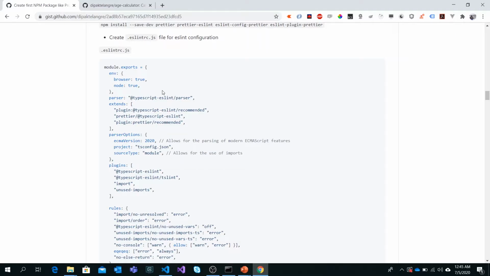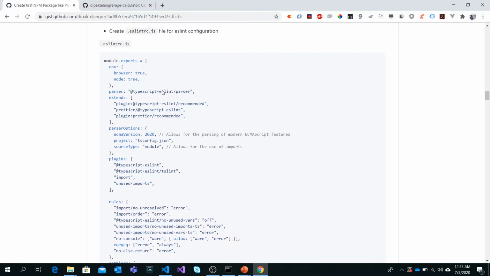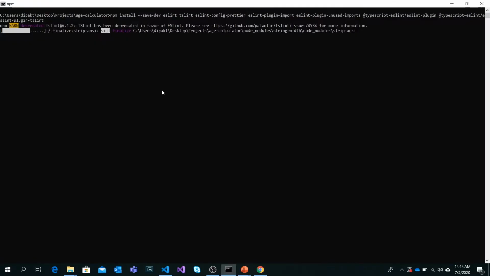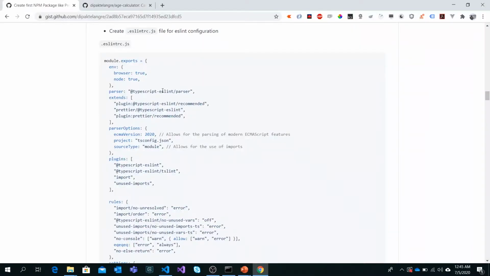I will prefer creating the JS configuration. So until all these packages get installed, we will start creating the configuration file.